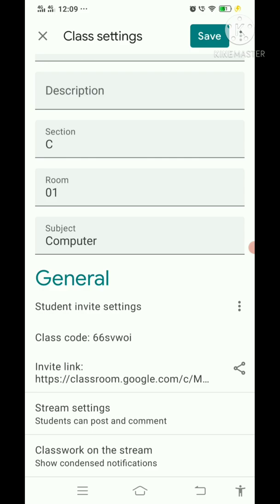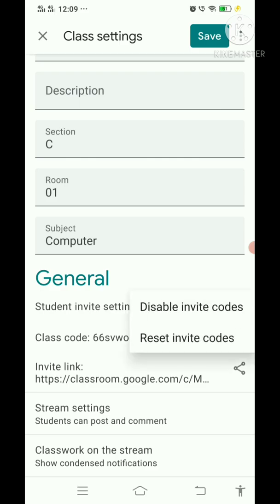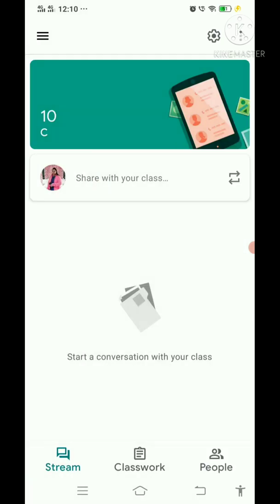In case you wish to change your class code after sharing with a certain group of students, the more button in the general tab gives us this option. We have disable invite codes or reset invite code. Any of these could be selected. Following these steps, we can create our class group, and now